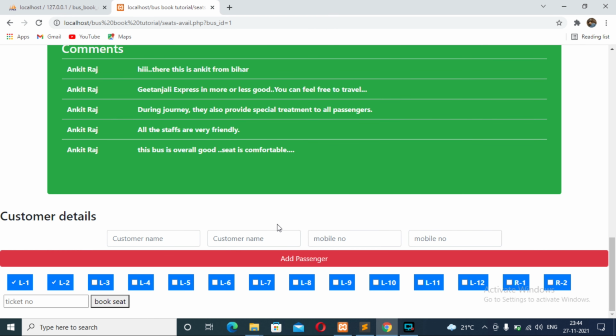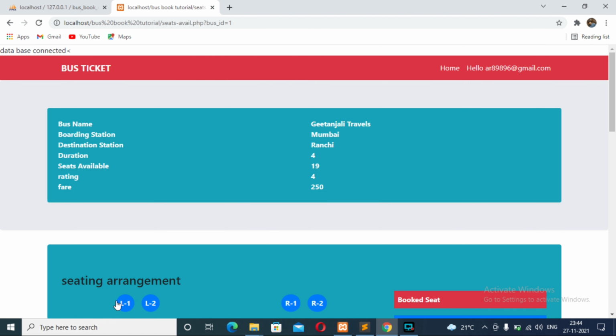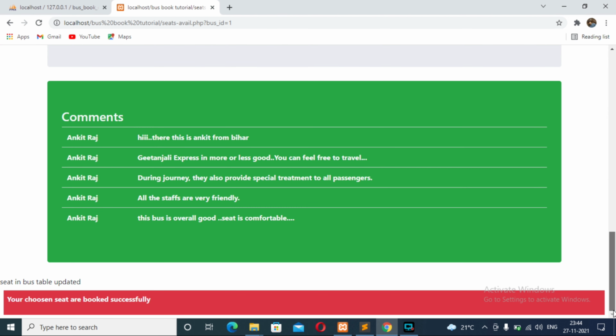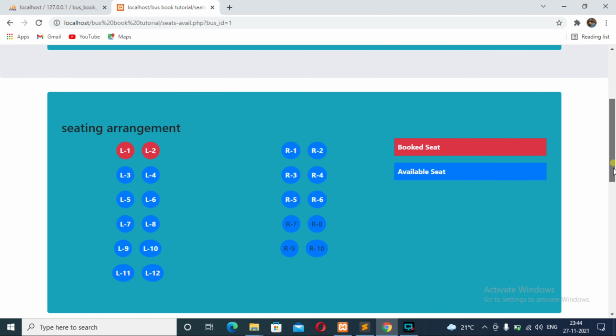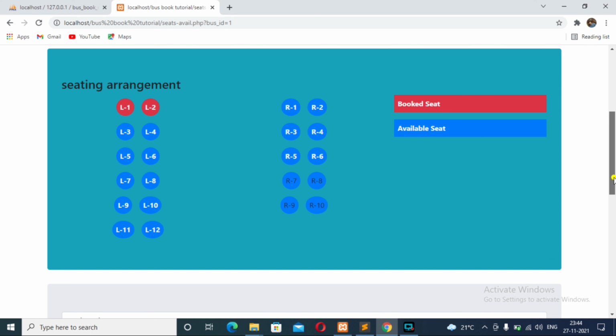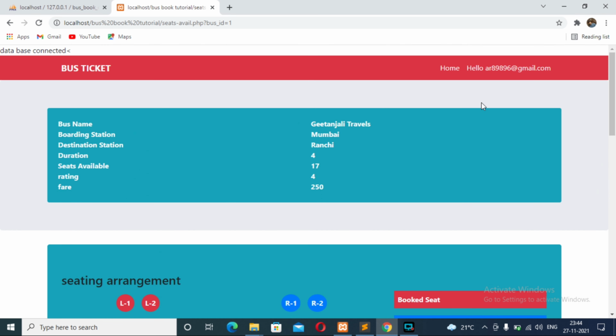These are available. You can see your chosen seats are successfully booked. Now refresh this page. As you can see, L1 and L2 seats appear in red color because they are booked by me just now.